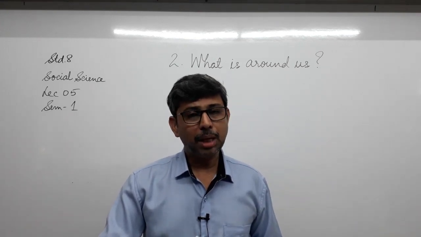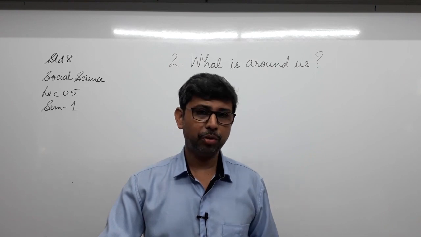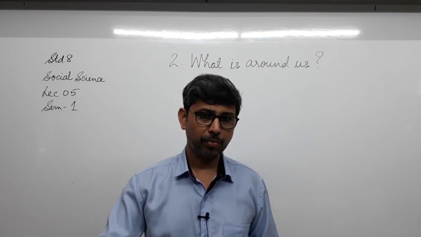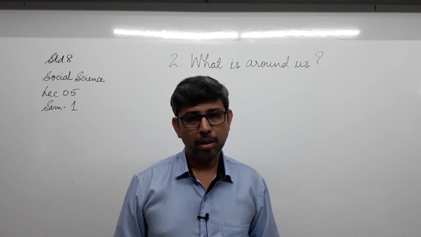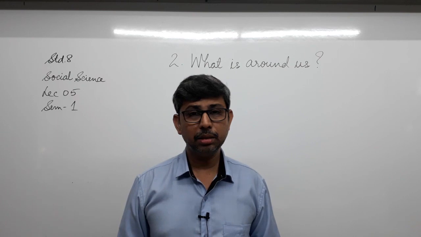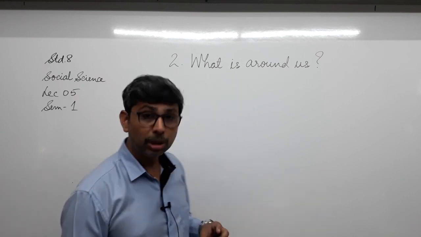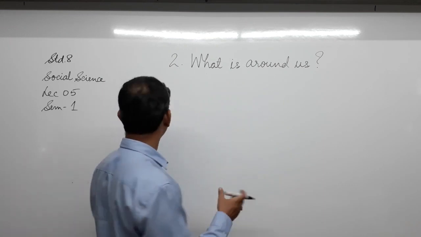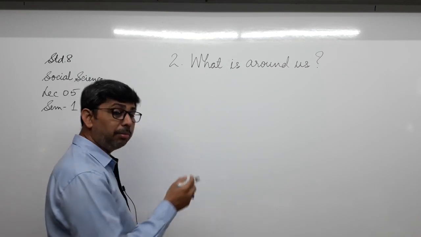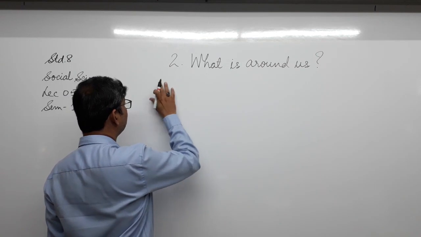As discussed earlier, the chapter contains 4 important parts. The earth is made up of 4 different spheres, which we discussed in the last lecture. I will write these names on the board: the lithosphere, the hydrosphere, the atmosphere and the biosphere. So we came to know that the earth is made up of 4 spheres, namely the lithosphere,